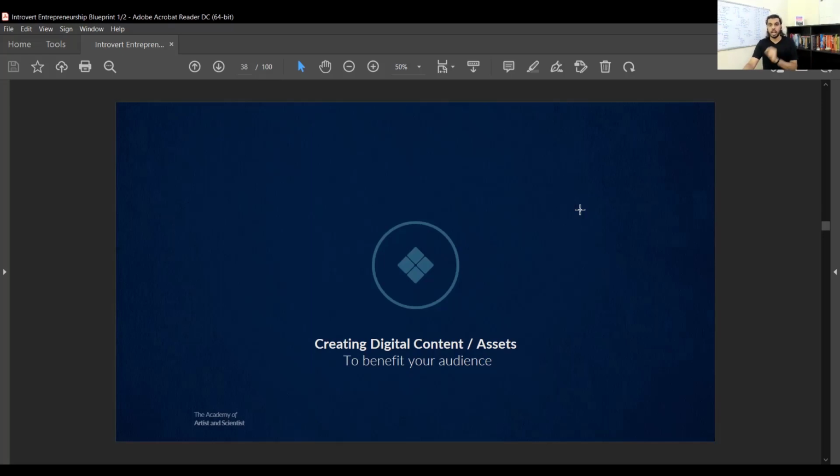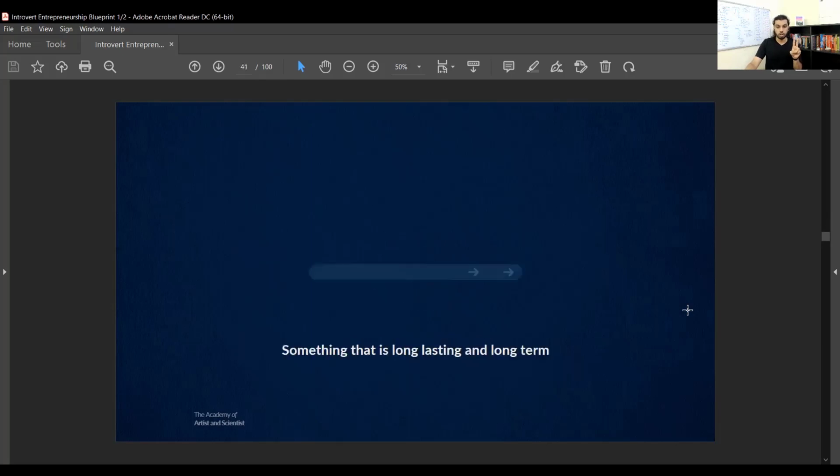When we are creating digital assets, say a YouTube video or a podcast or a blog or a reel or a short, how can I create something that is definitely going to benefit people, and how can I also encash it? How can I also get a benefit out of it? We are doing business. We are not into charity or foundations, right? So the question that comes into the picture is what content you are posting. The second question we will be answering is where to post the content, which is going to be long lasting and long term. Business is all about long lasting and long term, right?